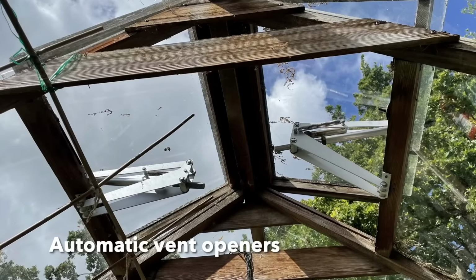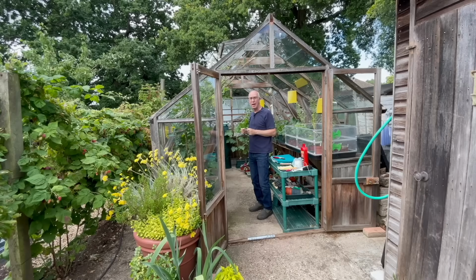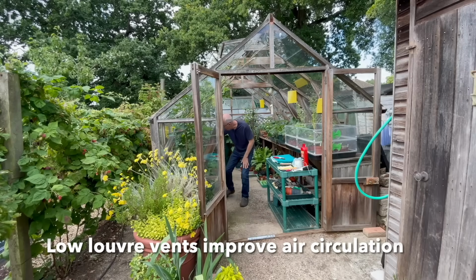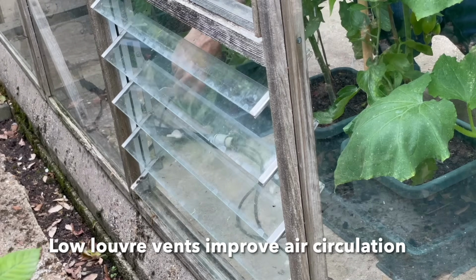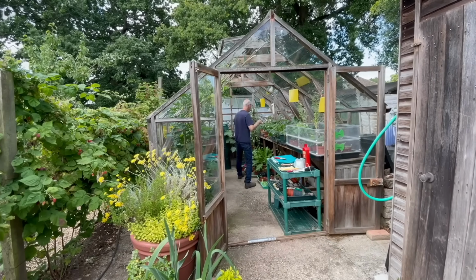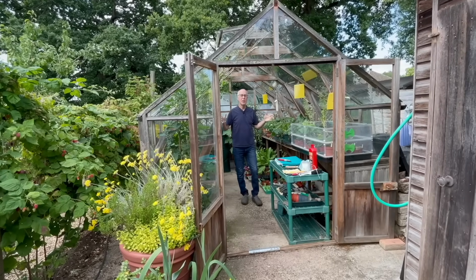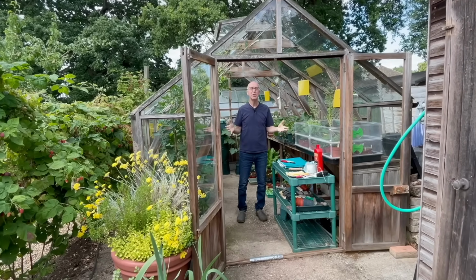close again when the conditions get cool. So these help to keep the airflow going as well, flowing through the greenhouse. I've got louver vents in the side, so I'm going to open up one of these as well. Wherever you've got ventilators in your greenhouse, open up as many as you can on a hot day, because it will just keep the air flowing and keep the conditions much